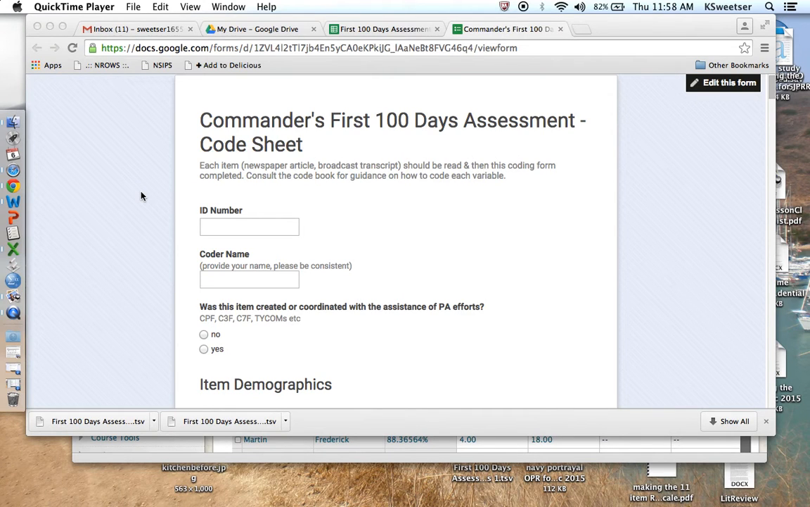Hi, this is Dr. Kay Sweetser from San Diego State University, and I'm going to show you how to take something that you've coded in Google Forms and import it into SPSS so that you can then do your data